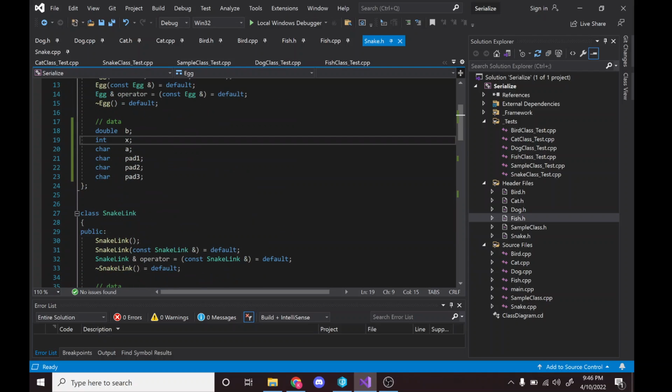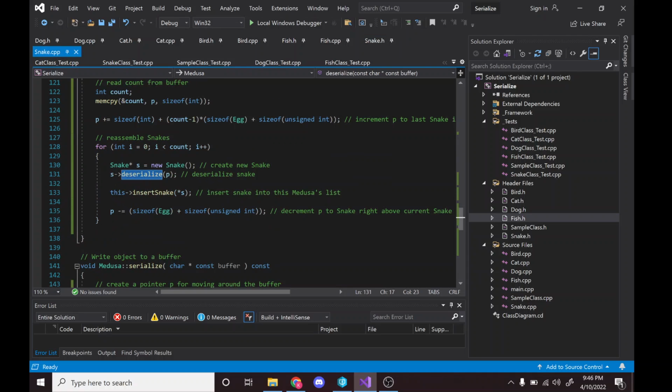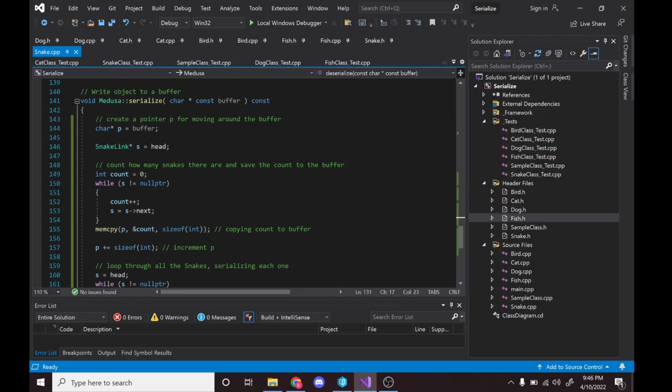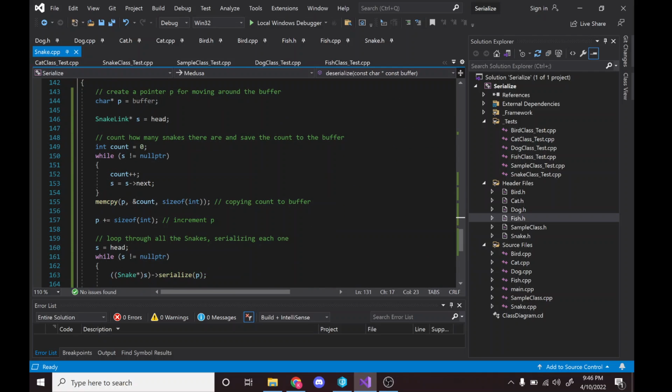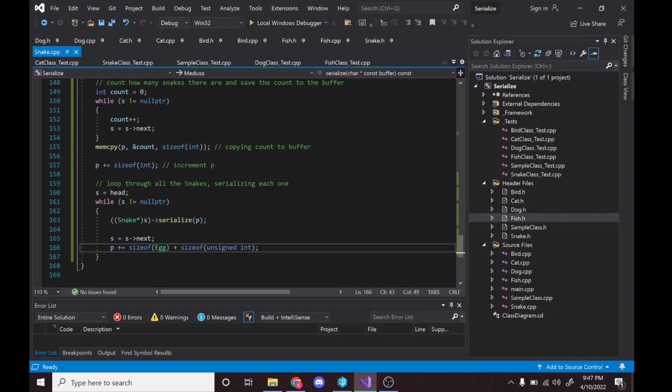the only rearranging of data here was in the egg, just added some explicit padding. For Medusa serialize, what I did was I counted how many snakes are in the list, and then I put that count at the very top of the buffer, and then looped through all the snakes, serializing each one, and then adding, this is the size of a single snake, so just adding them all on top of each other. And then when you serialize an individual snake,